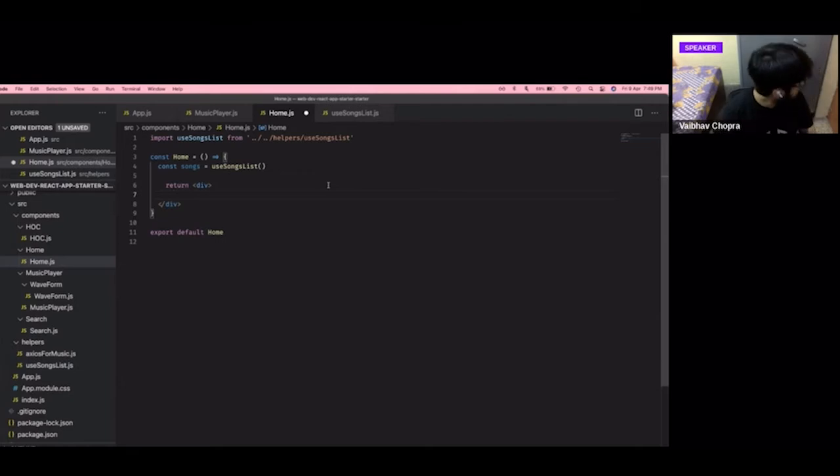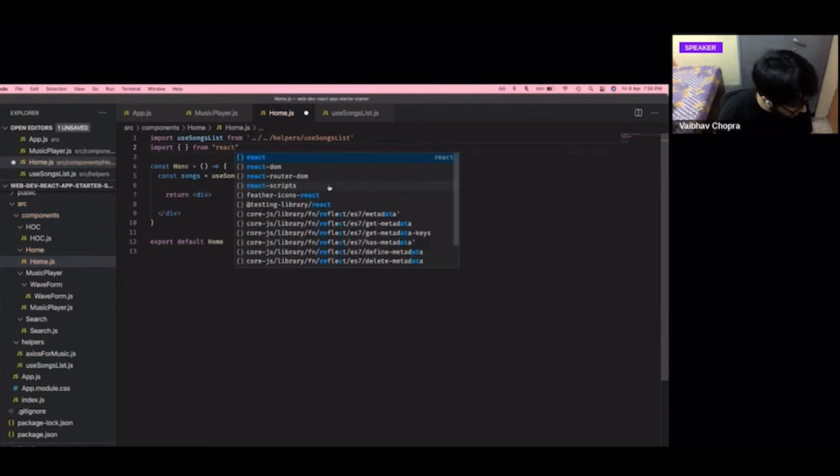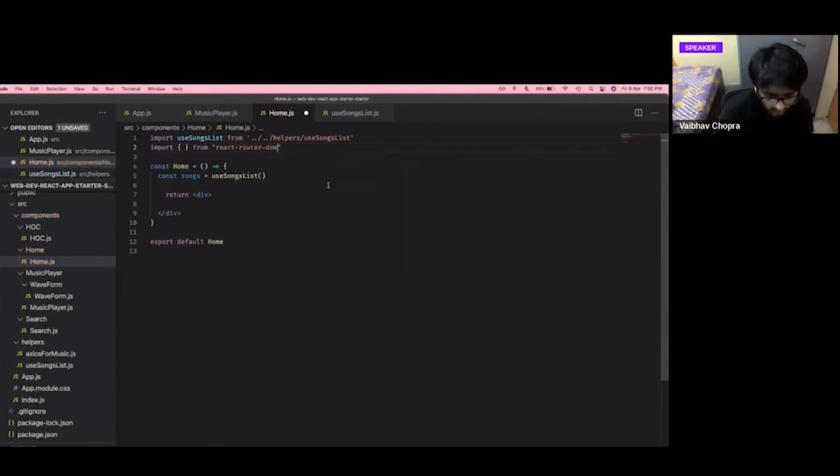Now I'll import another component called Link from React Router DOM. What is the use of the Link tag? You would see that a lot of React apps have a very smooth transition between their pages, right? There is not a proper reload which happens every time you load a page. So if you use Link instead of a hyperlink, this Link tag is a custom link. So you don't use a normal A tag in React anymore. So the transfer between pages is very smooth compared to a normal A tag.